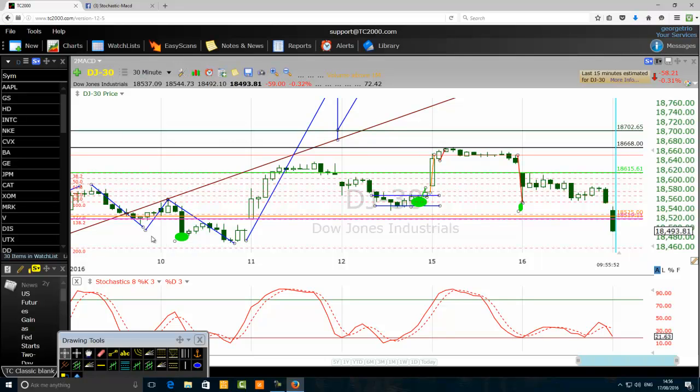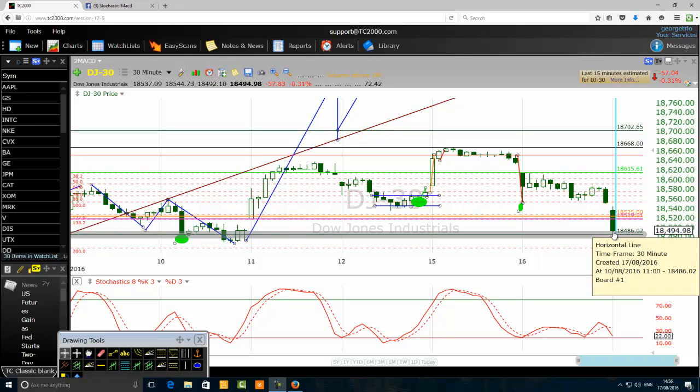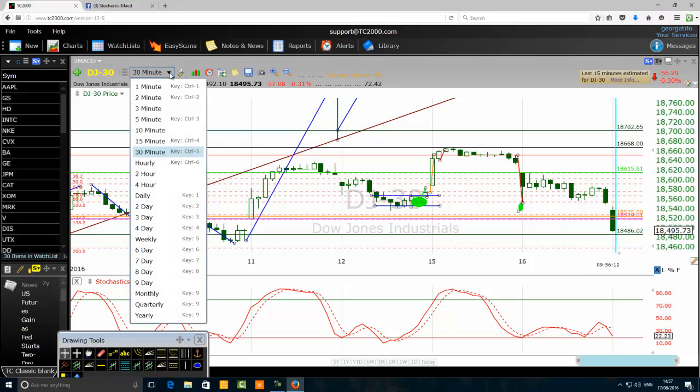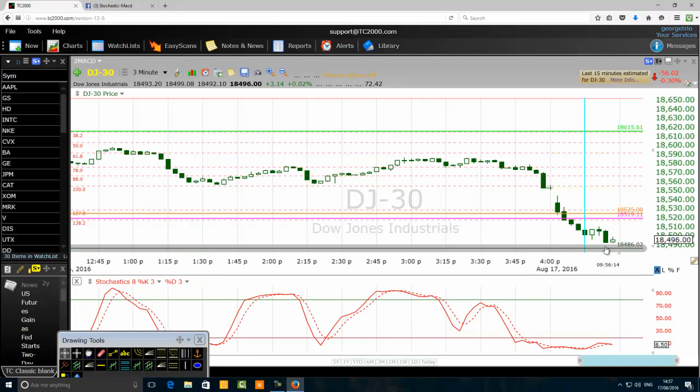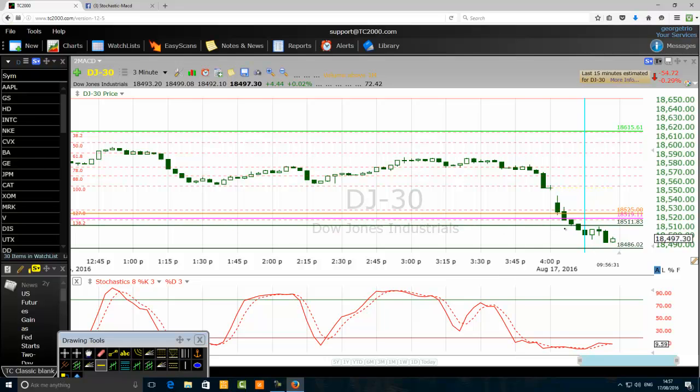I'm now on the 30-minute time frame, and you can see that this first 30-minute candle is stretching itself to retest that support zone in the zone of 18486. All right, this is the support level that the price is heading to right now. With that information, I'm going to go back to my 3-minute time frame, and I have my limit order already at 18525. You see this candle here, the last candle was stretching to retest that level of 18486. I want to place another limit order to buy again right here at